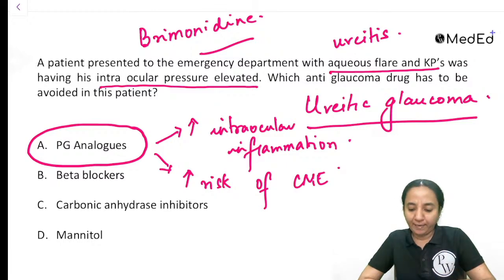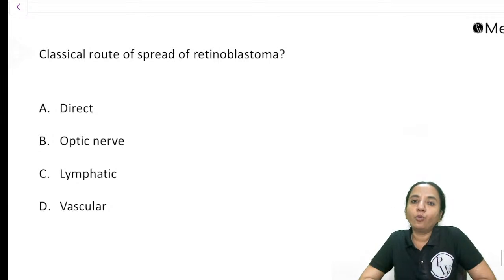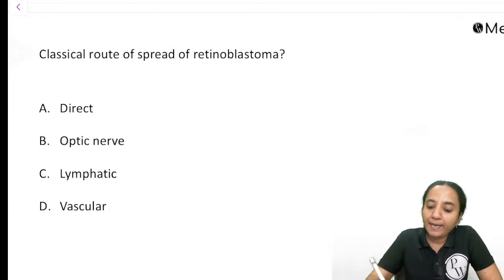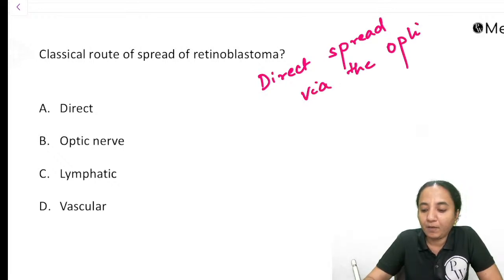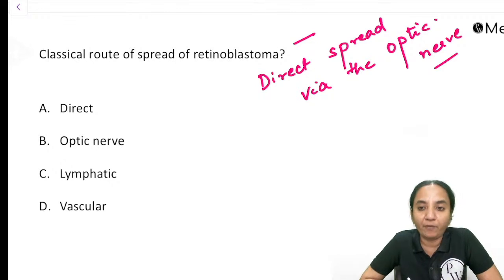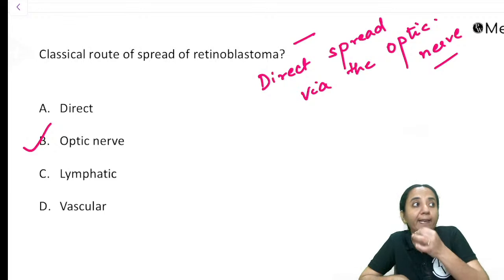Okay, let's go to the next question. What is the classical route of spread of retinoblastoma, or what is the most common route? Now, the answer to this question is direct spread via the optic nerve. Direct spread via the optic nerve. Now, see, unfortunately, the recall question says that both direct and optic nerve are given. So if both are given, we should probably choose optic nerve as the answer,